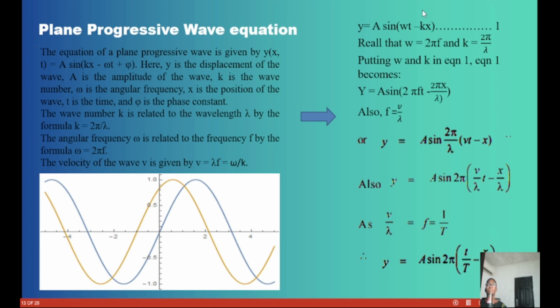And this is it here. I'm going to go to the board and we're going to break down the plane progressive equation. So this is the beginning of it, and from this we can derive a lot. We can get so many equations just from this first one. We have that our y is equal to A sin(wt plus or minus kx). We already know that w is the angular frequency, k is the wave constant. So let's go to our board and try to get how we got the remaining equations, because here we have that y is equal to A sin 2 pi over lambda (vt minus x), and so on and so forth. We're going to try to derive the remaining equations.